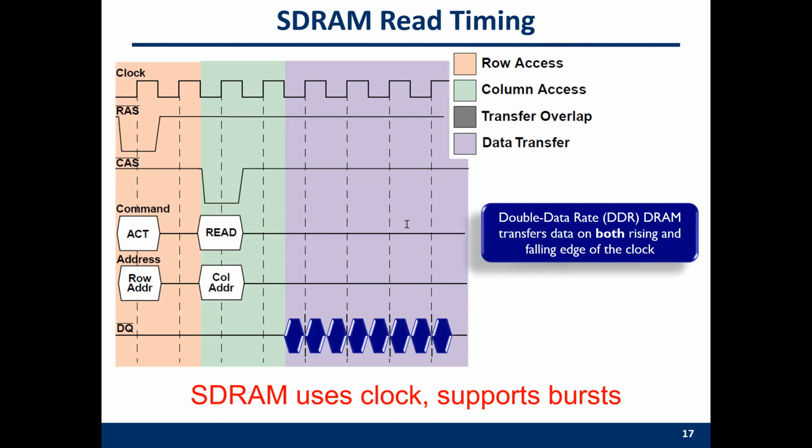Or you can use the rising edge and the falling edge. This double data rate, DDR, can increase the speed of the data transfer and reduce the latency of the data transfer. But it cannot help